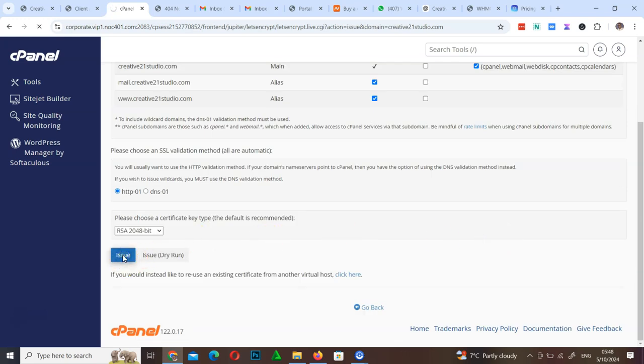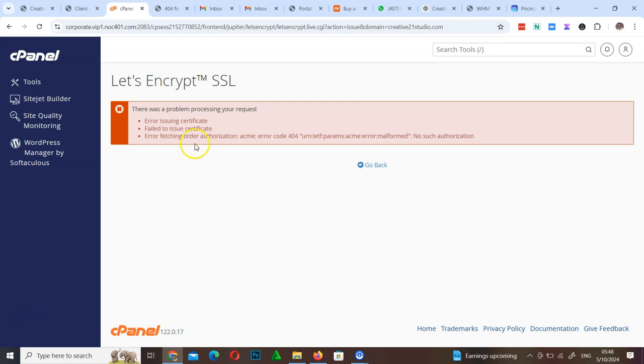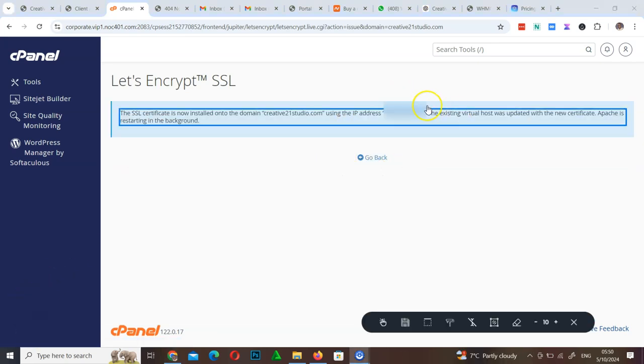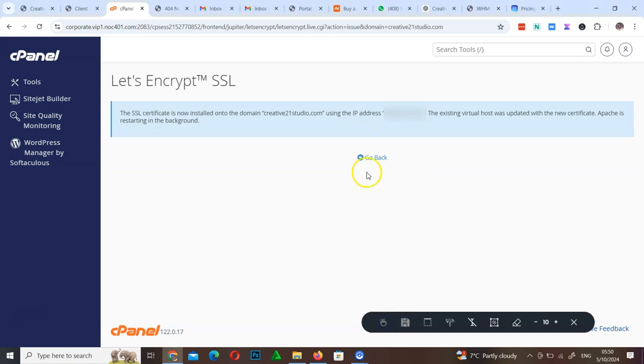There is a problem with issuing this certificate, so I'm going to retry again. I've just retried the same process, and the SSL was installed on this domain. That's how you install SSL. And in order for you to check if it has been installed, basically you just go to the domain,